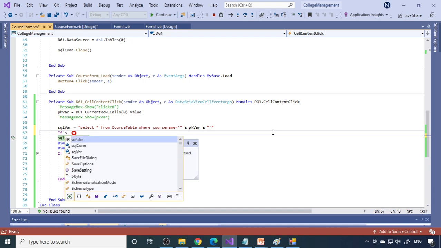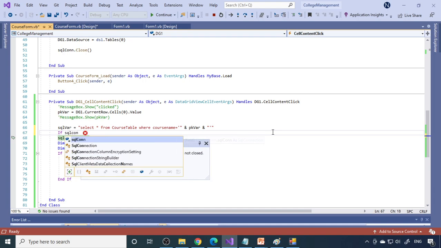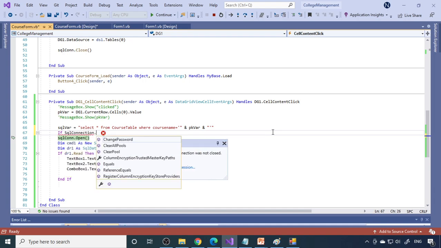we can check the connection: If SQL connection dot State.